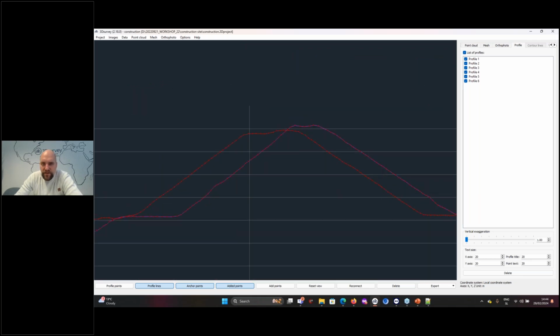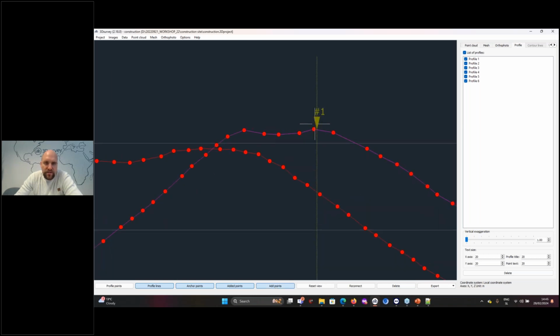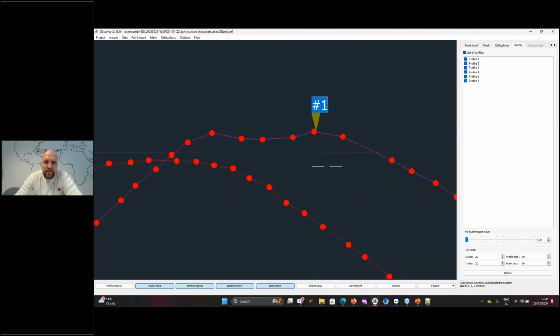So these profiles, we can export them into DXF or PDF, and we can also annotate them. We can also create points on the profile, and I can select, for example, this one and write top of pile, second surface.